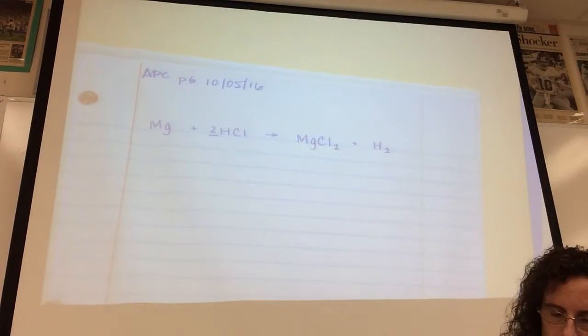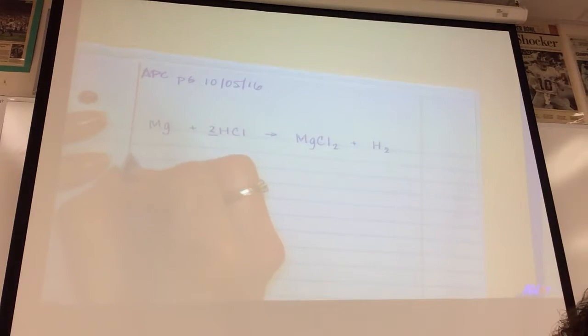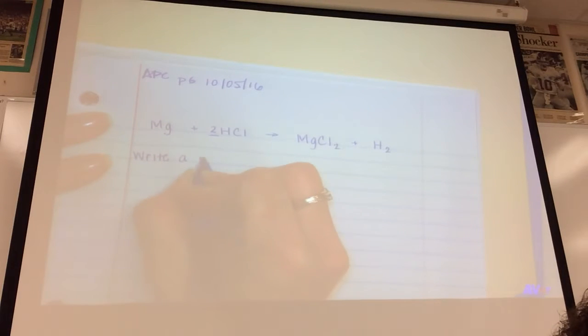This is the reaction that we carried out. If I want to write a rate equation, again, note the nomenclature,